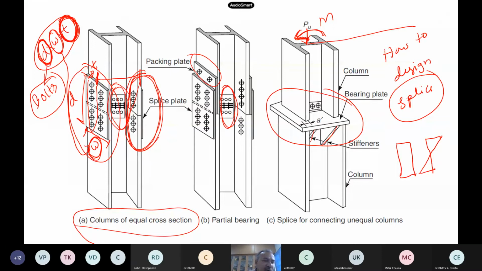Here you provide 6 bolts, and then the depth is like this. Let us say depth here is 200 mm or 100 mm. Now this side if you provide 50 mm, this flange is different, that flange is different, what happens? Or if the thickness of the splice plates on this flange is different from that flange, what happens?